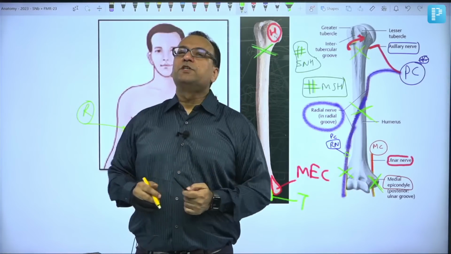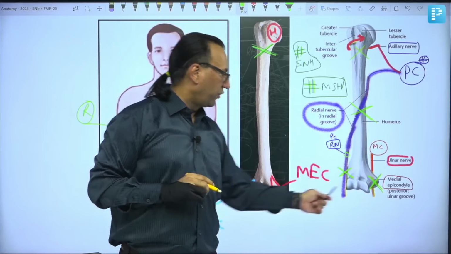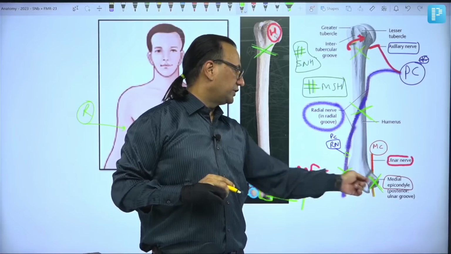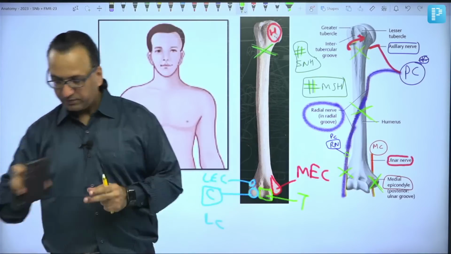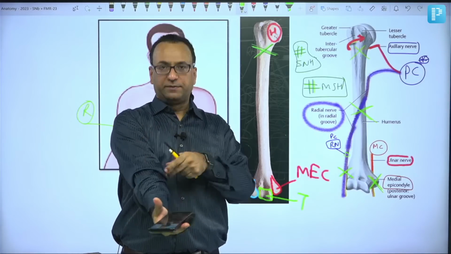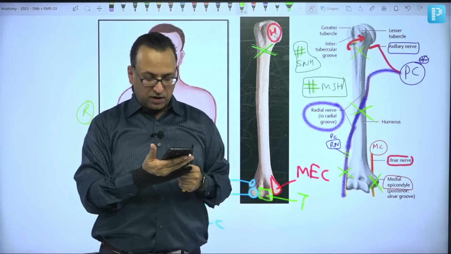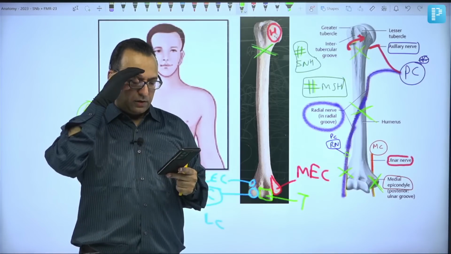Now tell me, which nerves are contents of the cubital fossa? Which nerves are contents of the cubital fossa, in the chat? The cubital fossa is present in front of the elbow joint. So which nerves are